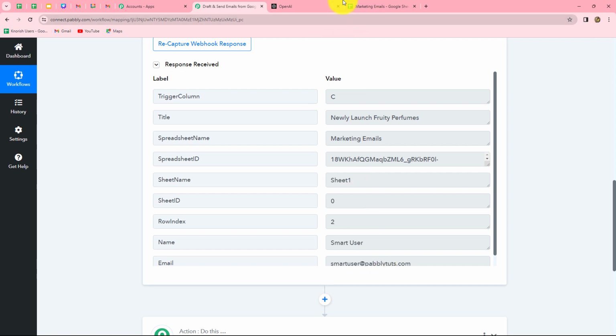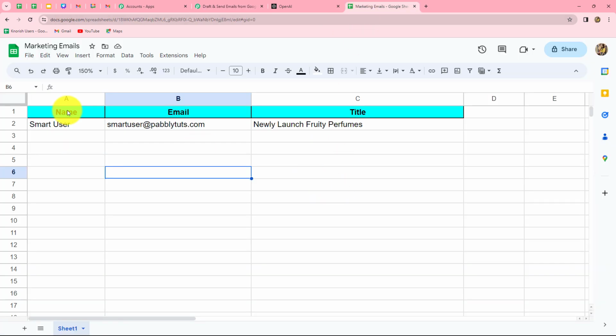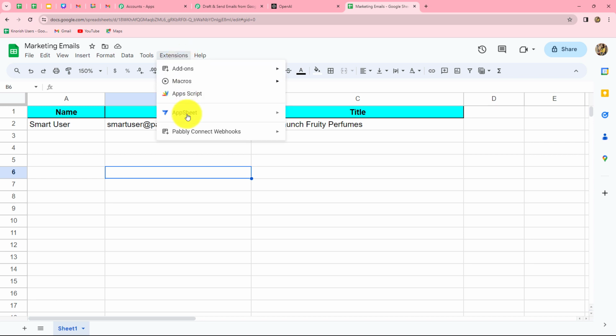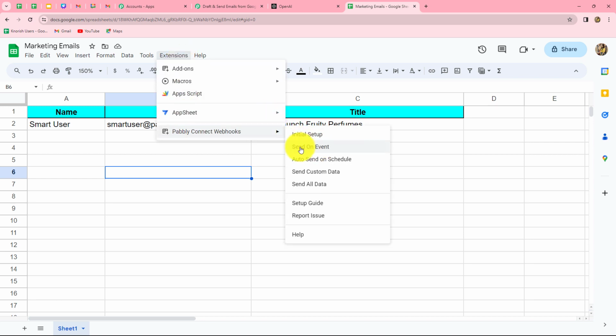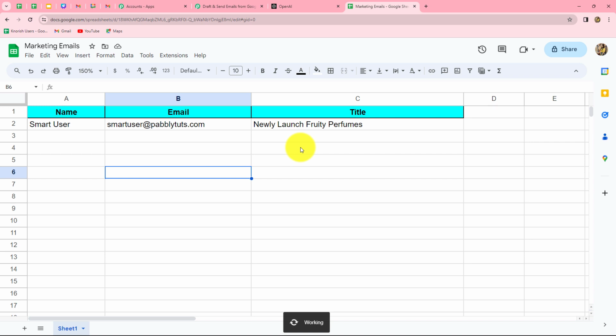Okay, so now after this we have to do one more thing. We will go back towards our Google Sheet. We will go back towards extensions, Pabbly Connect Webhooks, and this time we need to click on this send on event button. As we have done that, we have made sure that now whenever we are going to add a new row in this spreadsheet up till trigger column, automatically the data will keep on sending towards Pabbly Connect, and the automation will run smoothly